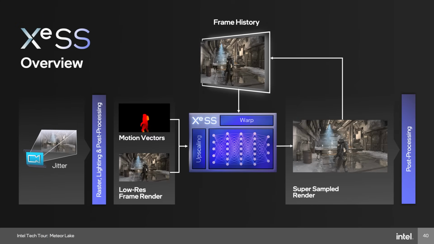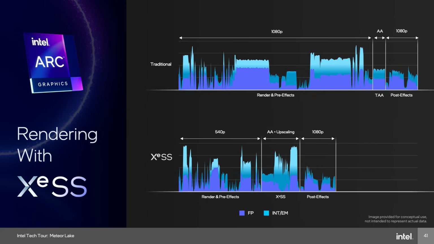You can train that AI network using billions or maybe millions of images, and it's going to learn what a good high resolution image looks like given a low resolution input and maybe some other data like motion vectors. By using that AI, you can lower the power per frame to generate these high quality images. That's primarily what we're using on Meteor Lake. You can save a bunch of power by rendering at low resolution and using AI to supersample. Oh, yeah. I've seen several demos of those, and it is great.